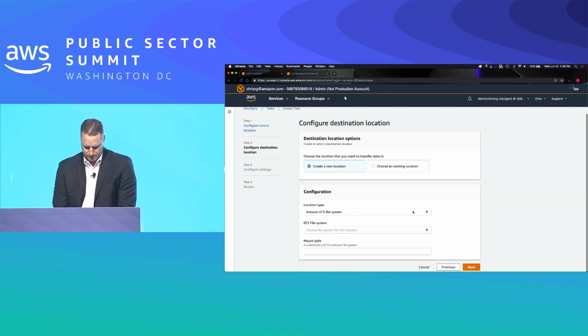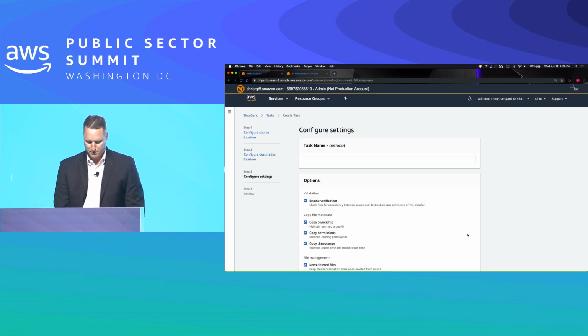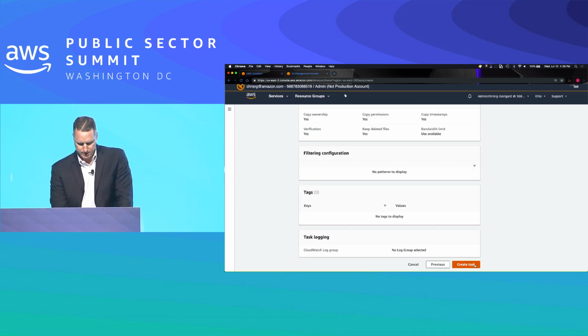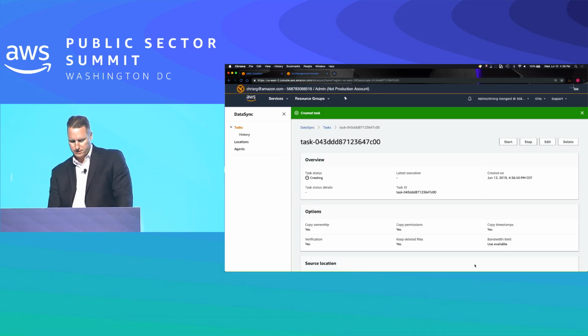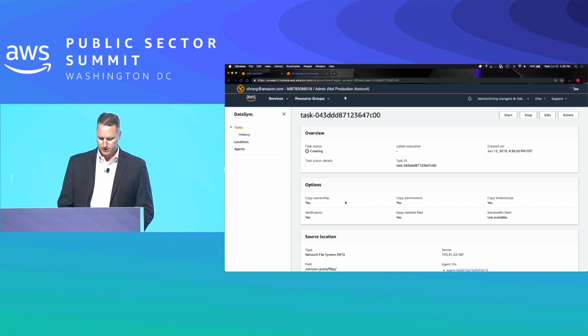Choose the location. For my destination, I'm going to choose my bucket. You guys are going to be really good at this. You've seen me do this so much. I'm going to leave this as the defaults, and I'm going to click Next, and then create the task. Look at that, there we go. That's what it was. So while the task is creating and starting,